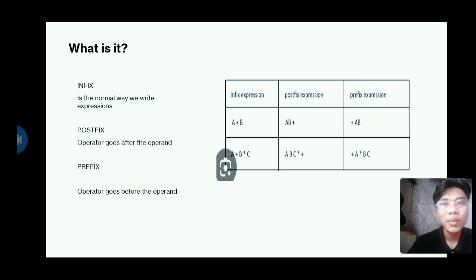Step three, read the B. The operand will be noted, so the current value will be B. And then step four, read the multiplication sign. It has higher precedence than plus. By the way, according to operator rules, we multiply B multiplied by C first. Step five, read the C, the operand is noted, and then compute B multiplied by C first, because multiplication has higher priority than addition.